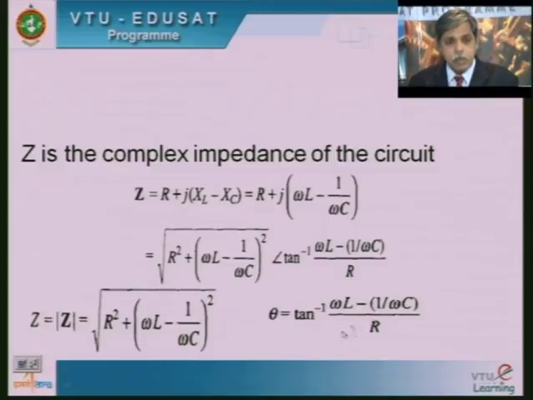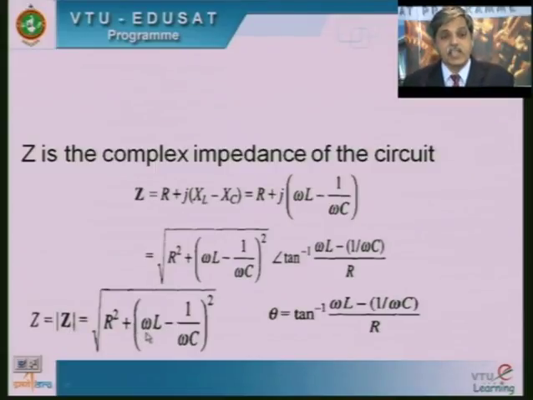Suppose along with R I keep omega also constant, then I can vary the impedance of the circuit to get different values of the current by varying either the inductance or the capacitance. Suppose all three elements, that is resistor, omega, L and C, are constants, then the magnitude of the impedance depends upon the value of omega L or 1 by omega C. Whichever is larger, its dominance will have the effect on the circuit.